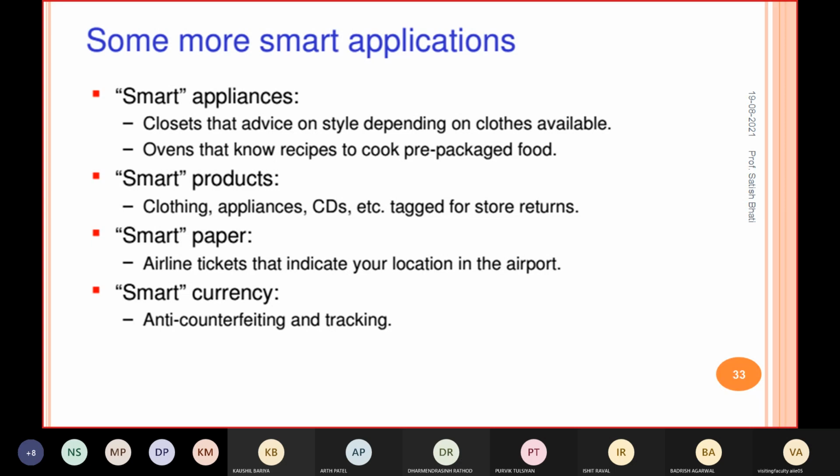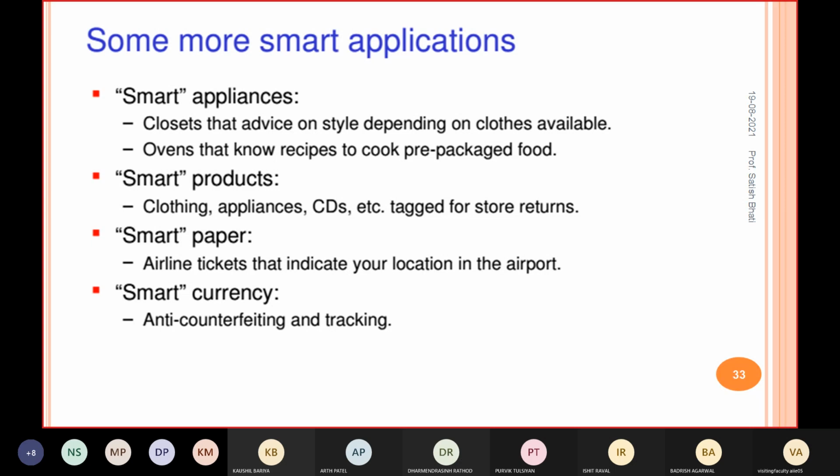If the airline pastes the RFID tag on the ticket, then they do not need to announce frequently. They will find the location of that person, send some security person, and reach that particular person, right? That way you can use this RFID tag, right?